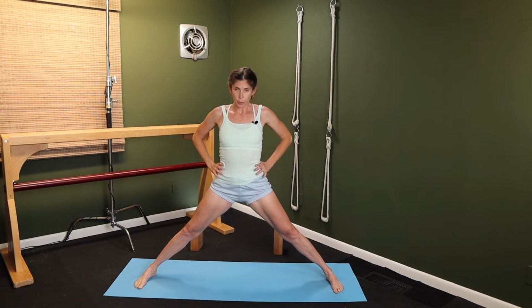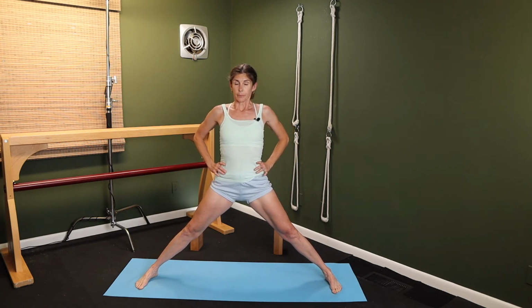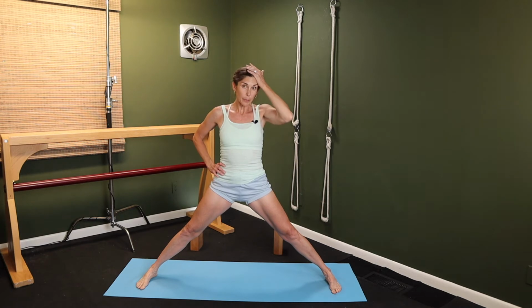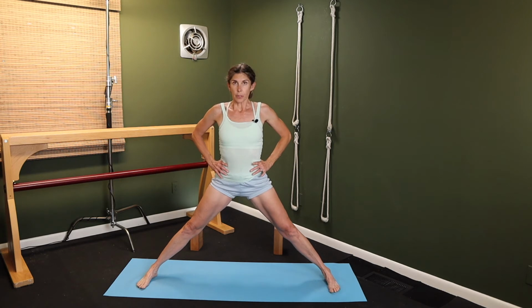Bring your hands to your waist. Spread the mounds of the foot. You'll notice when you get the full width, the feet will turn just a little out. That can be managed as you come into the pose. They'll turn forward. So now observe how